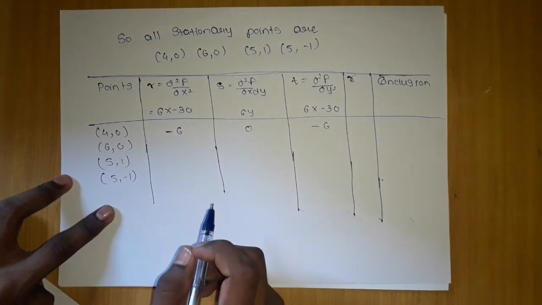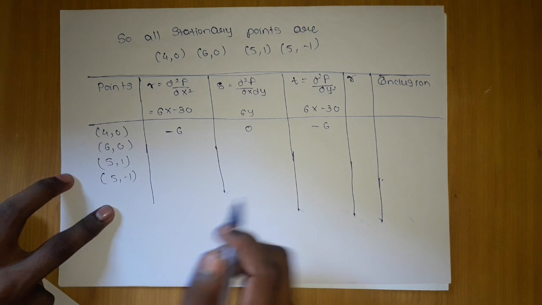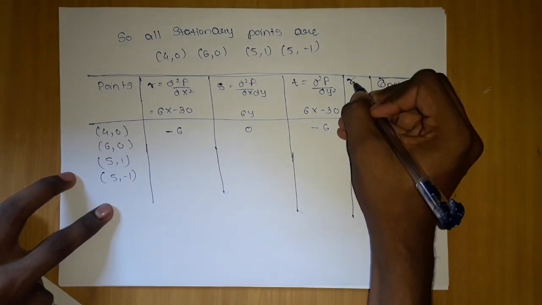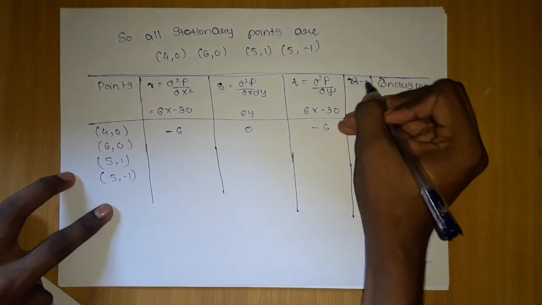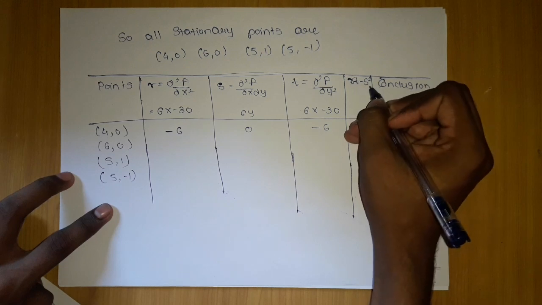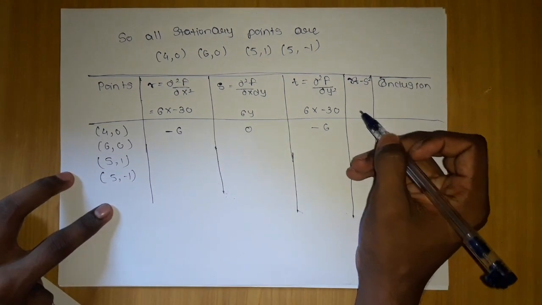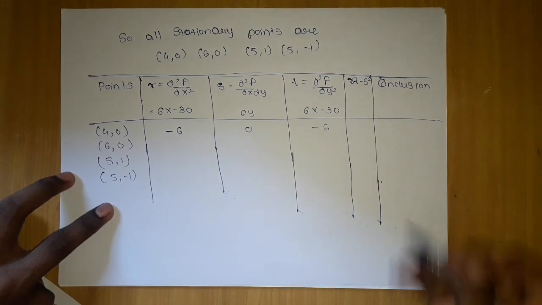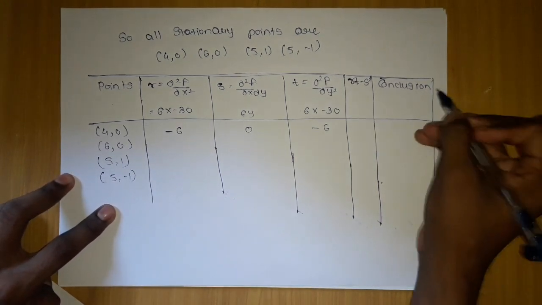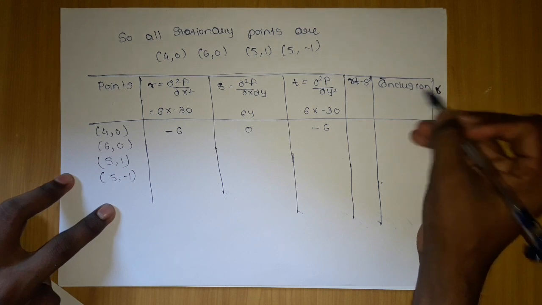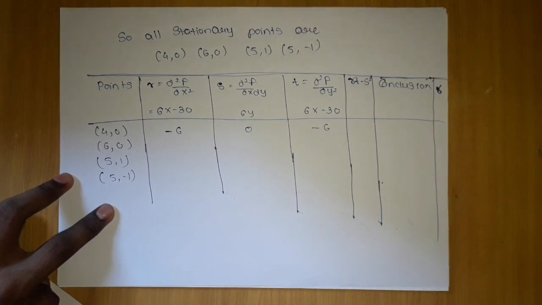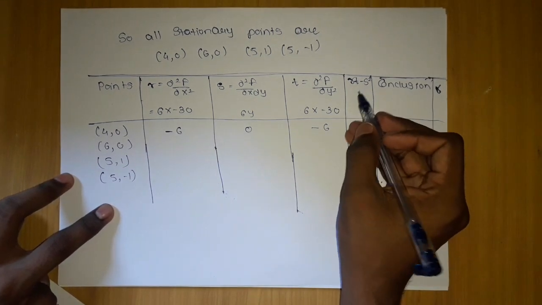Okay, I forgot to take one thing in the graph. This bracket is RT minus S square. RT minus S square, you can take this bracket, and there must be one more bracket for R. Okay, I should have made it before, but fine. RT minus S square you have to check.